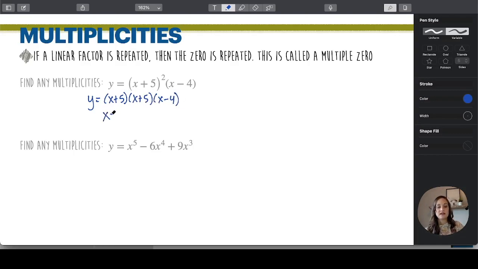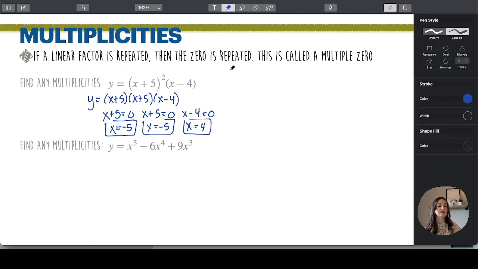Those are the three linear factors. So x plus 5 equals 0, x plus 5 equals 0, and then x minus 4 equals 0. So therefore, x would equal negative 5, x again would equal negative 5, and then x would equal a positive 4. So there's two ways to write it. You could either say that the zeros are negative 5 and 4, or the way you're going to see it written and the way you need to write it